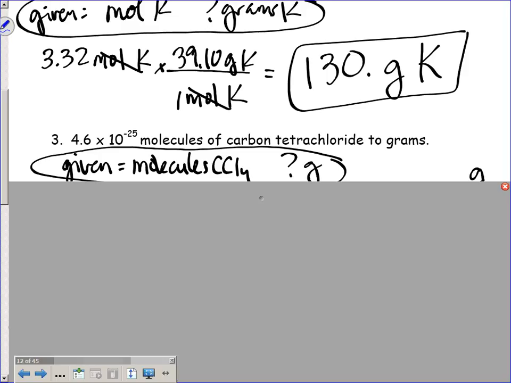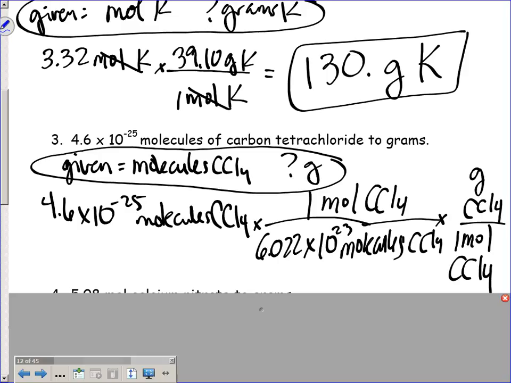That's moles of CCl4. And then the question is to get to grams of CCl4, so what would be my next step? From moles to grams. You see it connects, it's literally what's connected. You can't go straight from here to grams because there's no connection there. That's why you have to go to the mole first. It's like a bus stop. You stop there and then you go someplace else. Okay? So utilizing that logic,